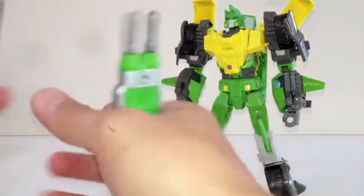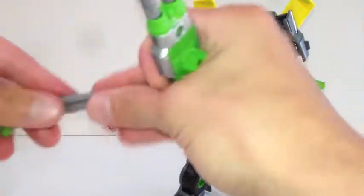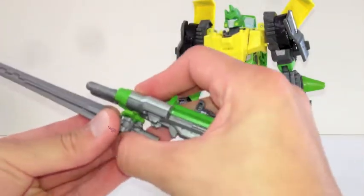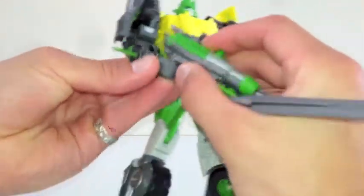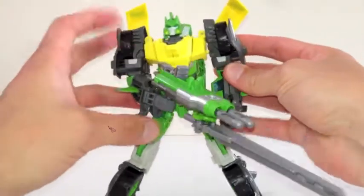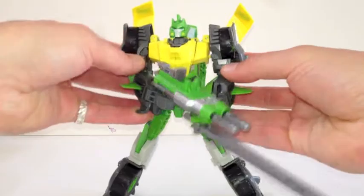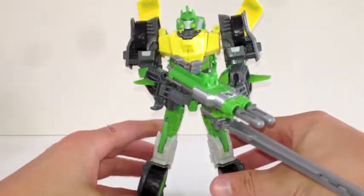He poses really well. Now I'm going to have to do this again. Here's the sword. It stores like a bayonet under here also. And then you can pose him like in the comic. He's holding this bayonet too. Very, very cool design on this figure. Really great